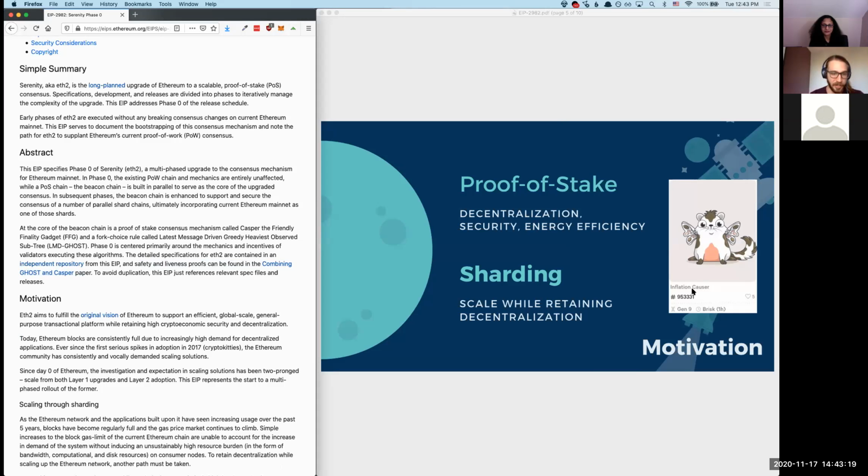is called CryptoKitties. All of a sudden, some of the scaling problems that researchers and some developers were aware of became abundantly obvious to the Ethereum community and to the larger blockchain community. And so getting Ethereum into a more sustainable place to be able to handle a more global scale became incredibly pressing. And myself and a number of others have been spending